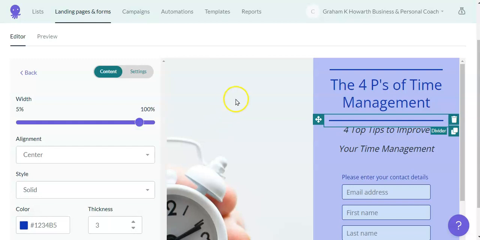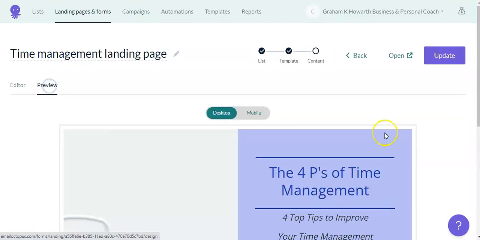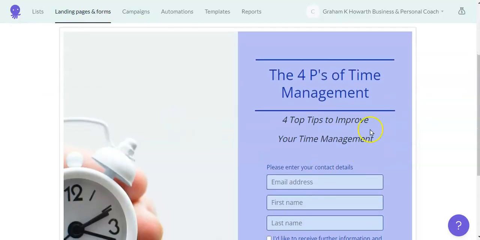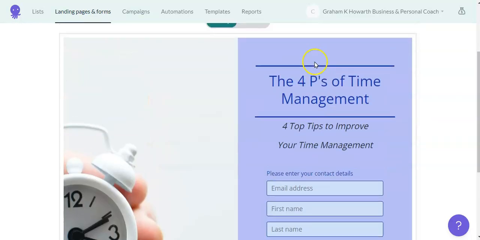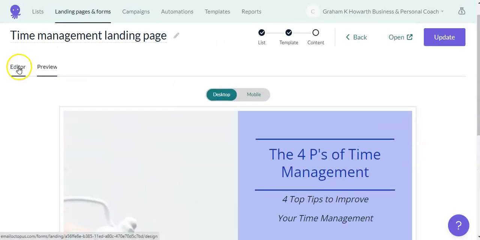Just a bit wider. There we go. So now I think if we go back to the preview, that will look a little bit cleaner. So that's helped us to divide up the heading from the rest of the text that it stands at the moment. But we'll add some more things in, so that will start to look even better.